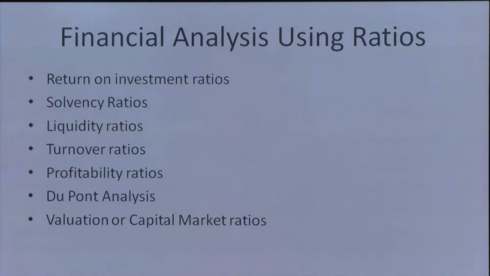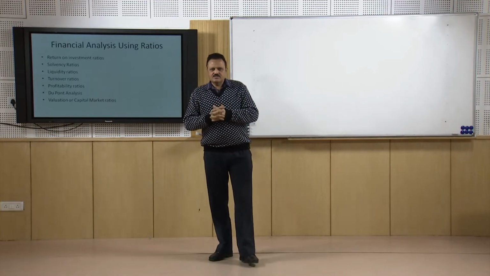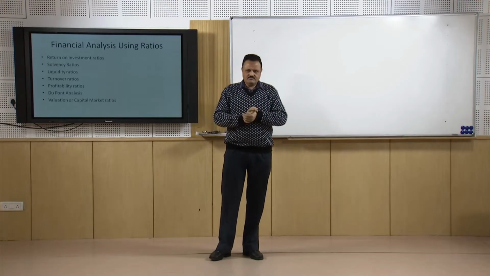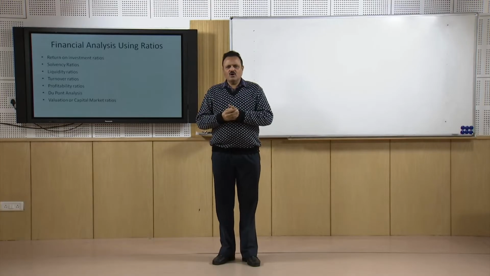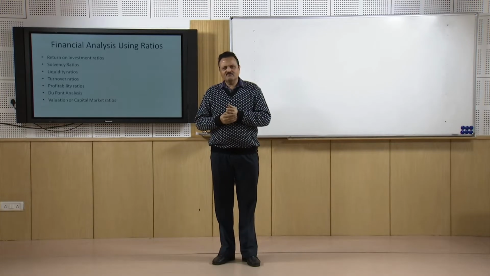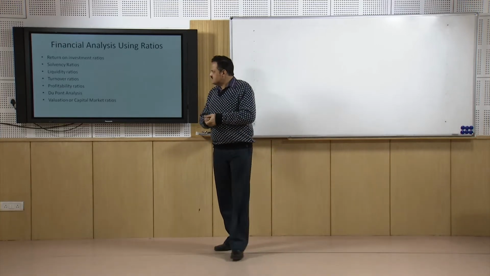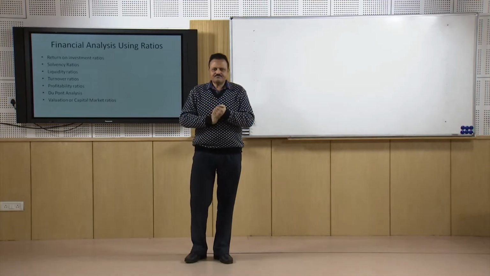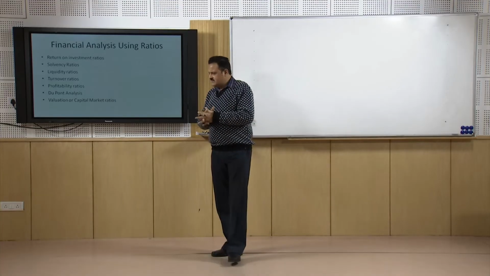So with the help of ROI ratios we try to know the return on investment made by any stakeholder, especially the shareholders, who are the internal owners of the company, and the return on their investment. With the help of this we try to find out how much return is going to be available, that is the profit after tax, and then we talked about the